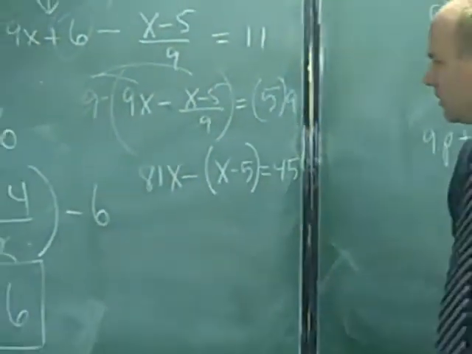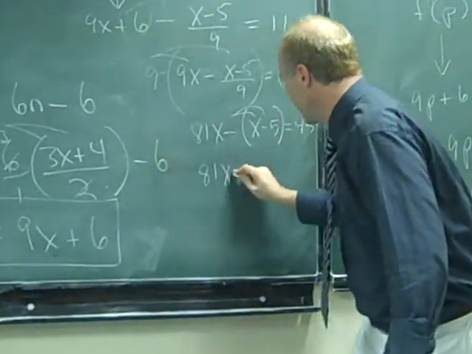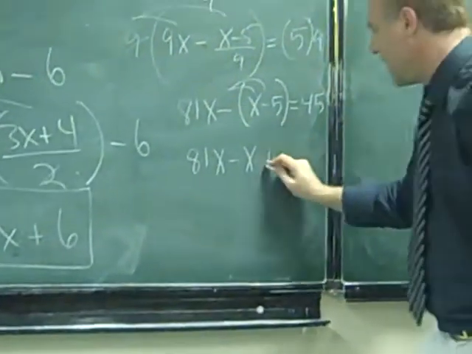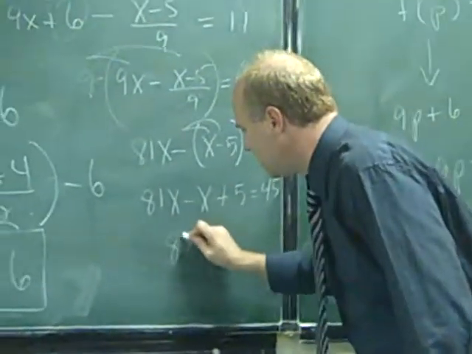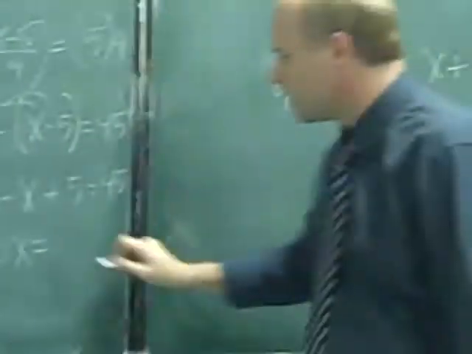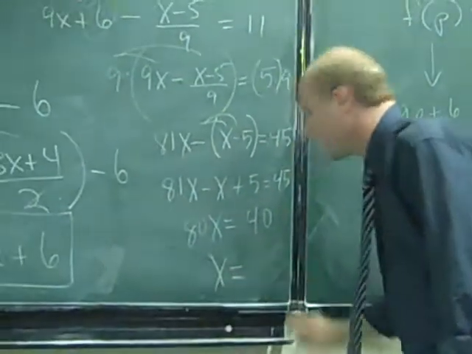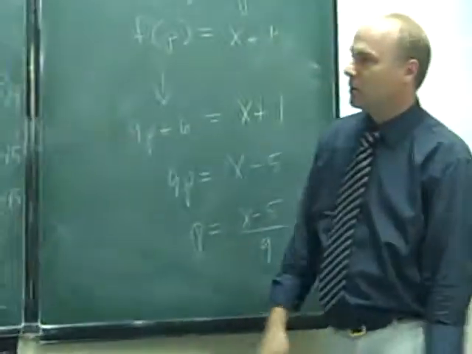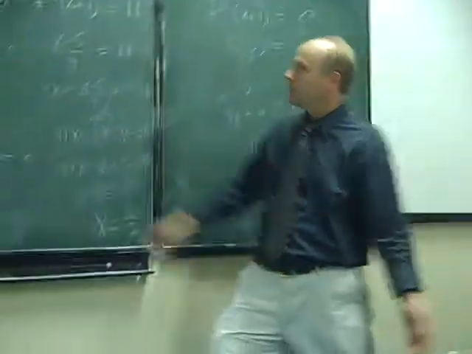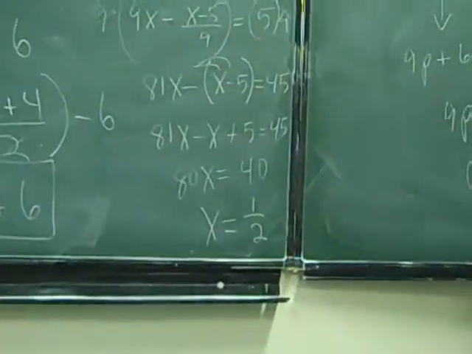Okay. What do we got? Distribute, so 81x minus x plus 5 is 45. And so what do we got? 80x. Bring the 5 over, gives me 40. And divide, what's x? 40 over 80. 1/2. Okay? That's good, right? Yeah. So we want to find x. Let's take a break. A good solid